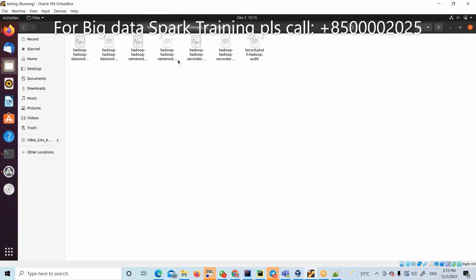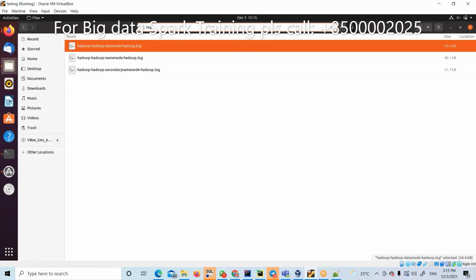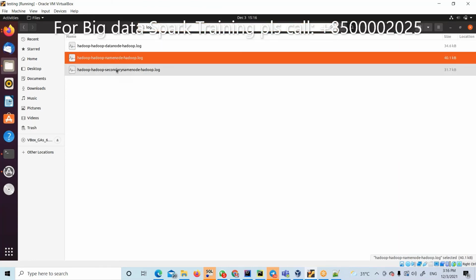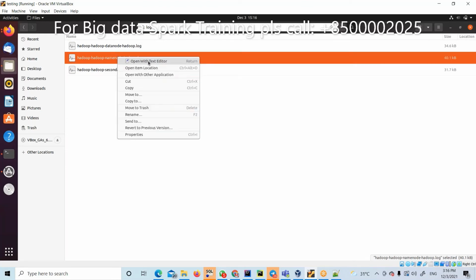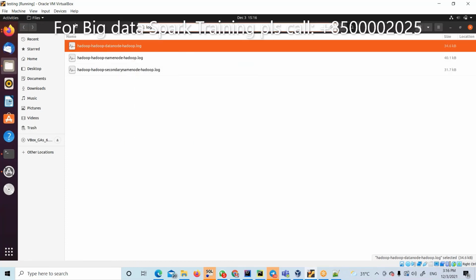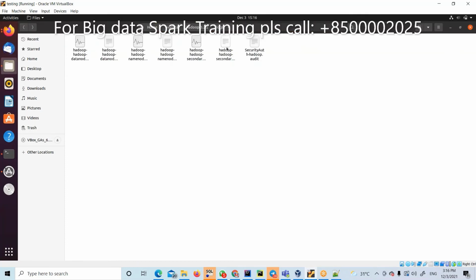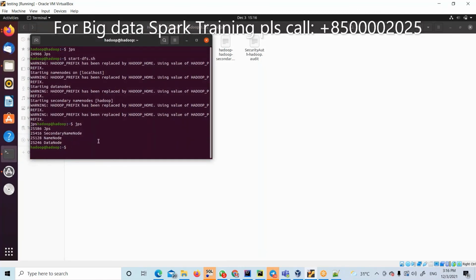If you don't know what a log is, press Control F, search for log, or Google it. This is the datanode log, namenode log, secondary namenode log. The reason why it failed is everything available in these logs, which are by default located in this logs folder. Okay, now Hadoop is working.